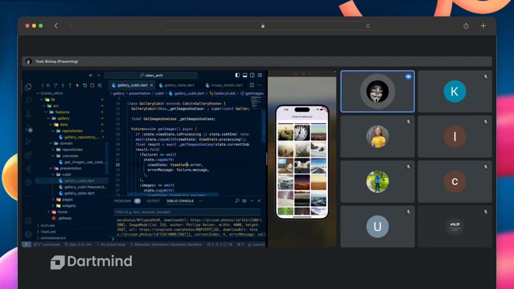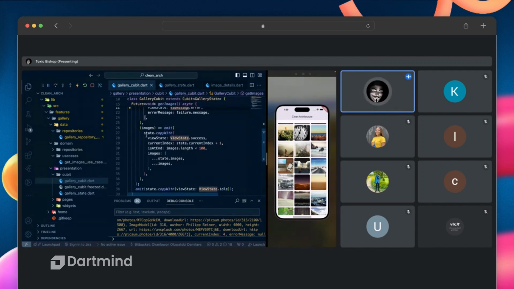And on every successful call, let's focus on this part. On every successful call, what do we do? We have the view state, the success, we emit the success state. We have the current index, and then we get the current index from the state, and then we add one to it, so that we are incrementing it by one. And then we have isAtEnd, we are checking,